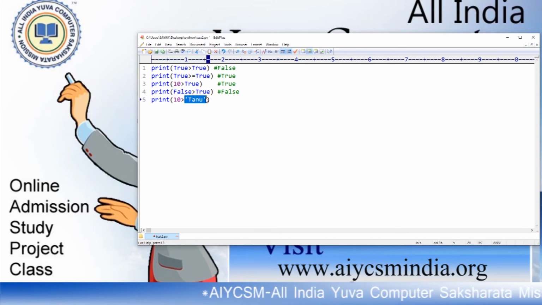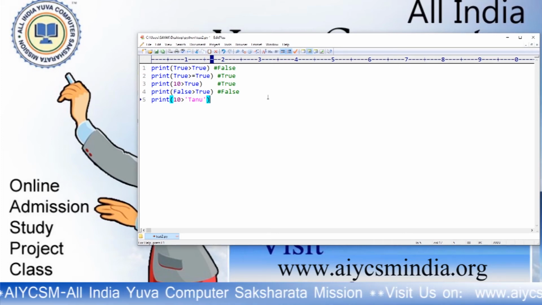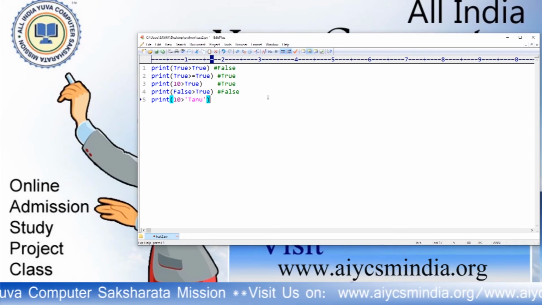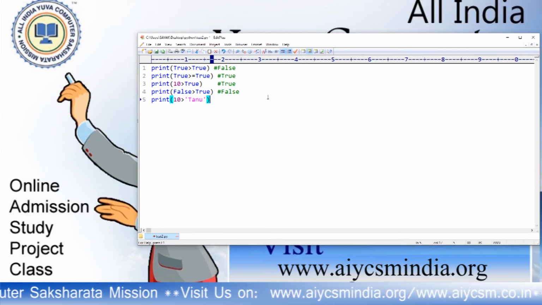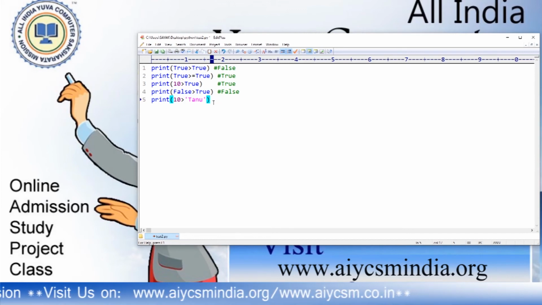This is an error, not supported. Integer and string are not comparable. You cannot compare an integer with a string. So this program actually throws an error.